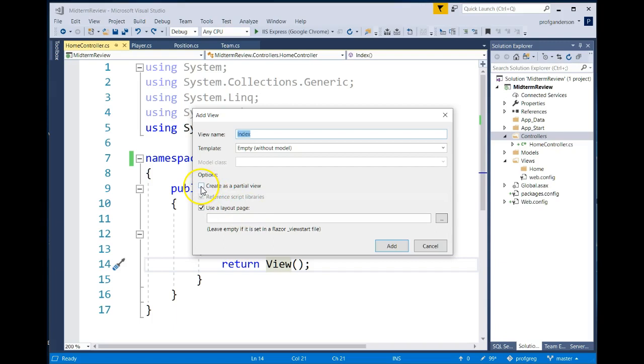We do not want the top one, Create Partial View, checked. What this checkbox down here says, Use a Layout Page, it says leave this area empty if you want Razor to set a View Start file. In other words, we want ASP.NET to help us out. It's going to create a file for us called _ViewStart, and I'll show you what that does in a second. Click Add,